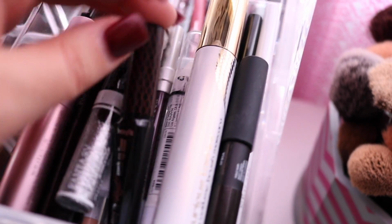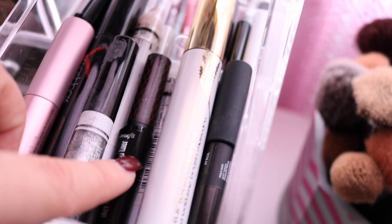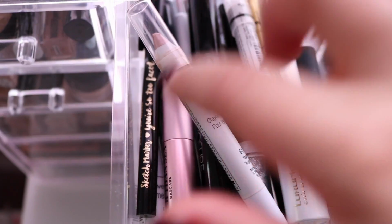I really want to try it out, but I've heard you can't get it off or something like that, and I don't want to spend the money on the remover for that, so definitely let me know if you guys like that. In here, I also store my NYX Jumbo Shadow Pencils,